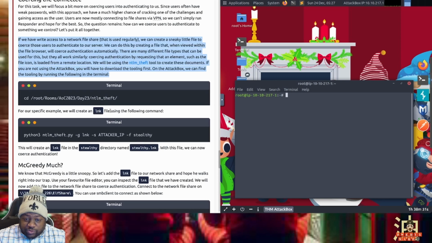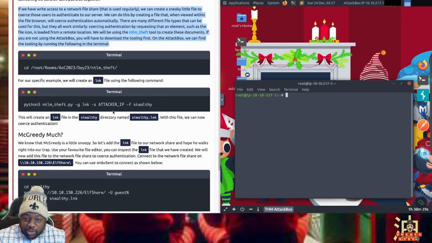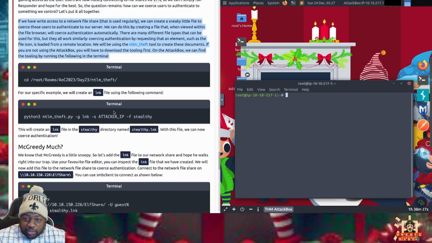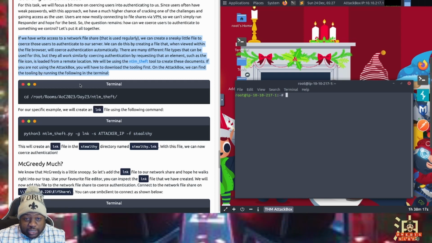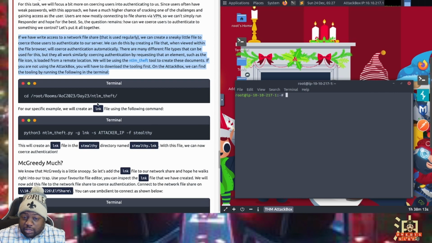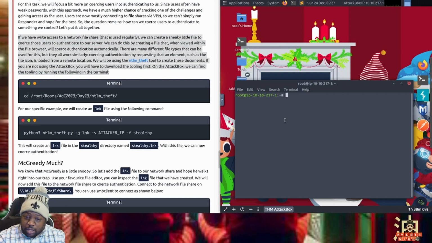So I guess if someone clicked on the file that we embedded in a file share, it would force coercion. We would see the authentication attempts, and that would be enough information to proceed further with our attack. So let's get it cracking.